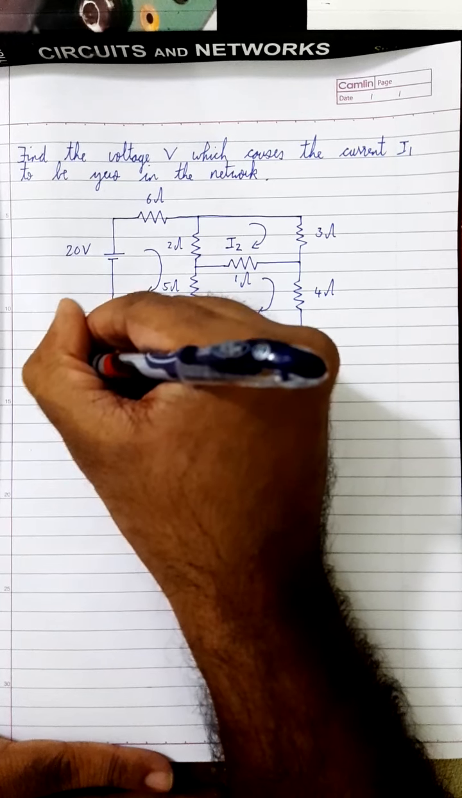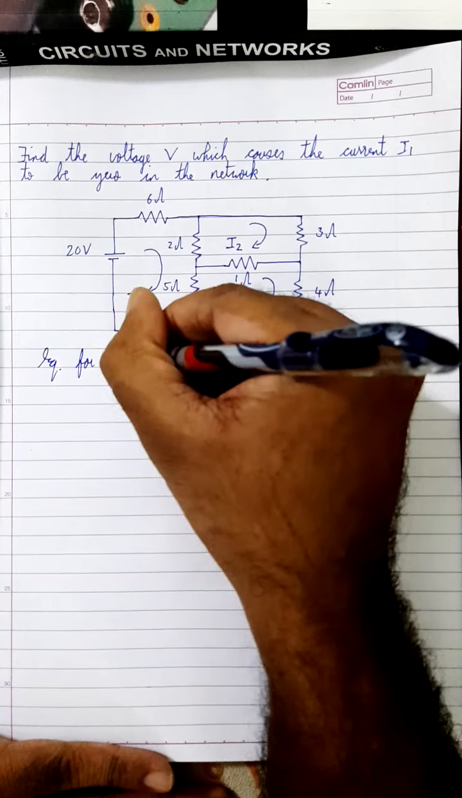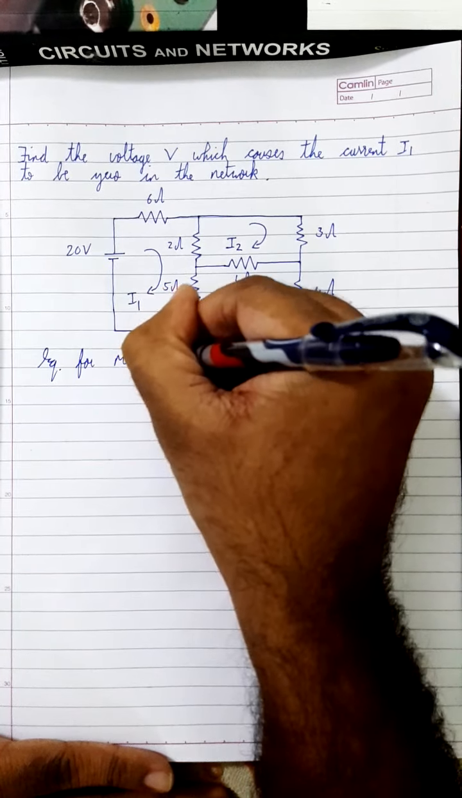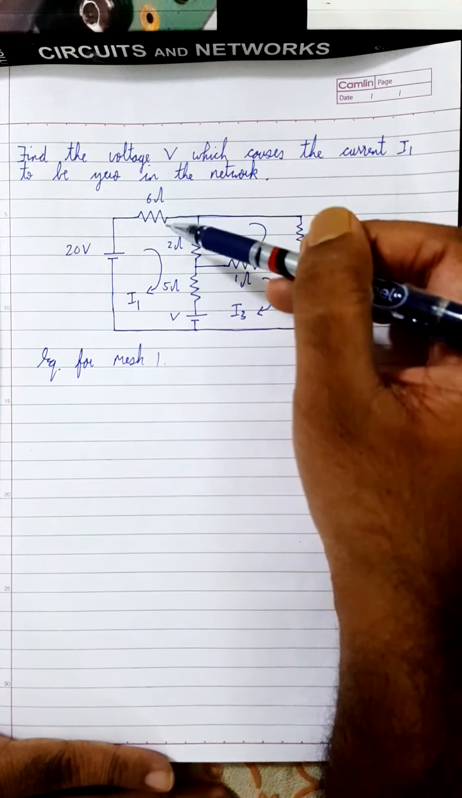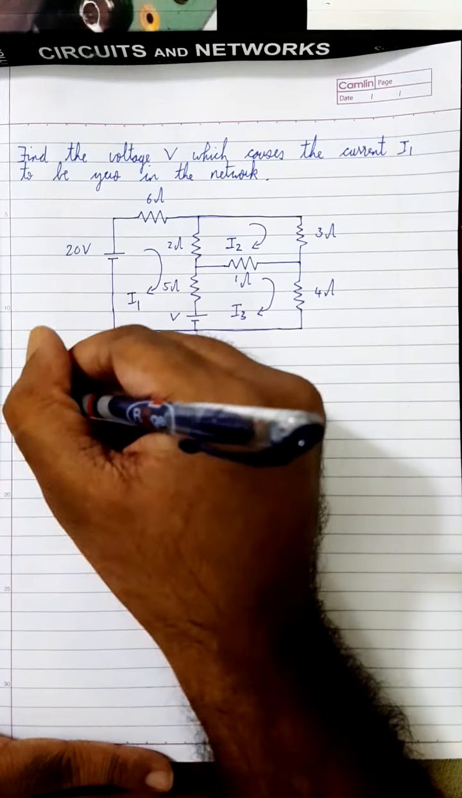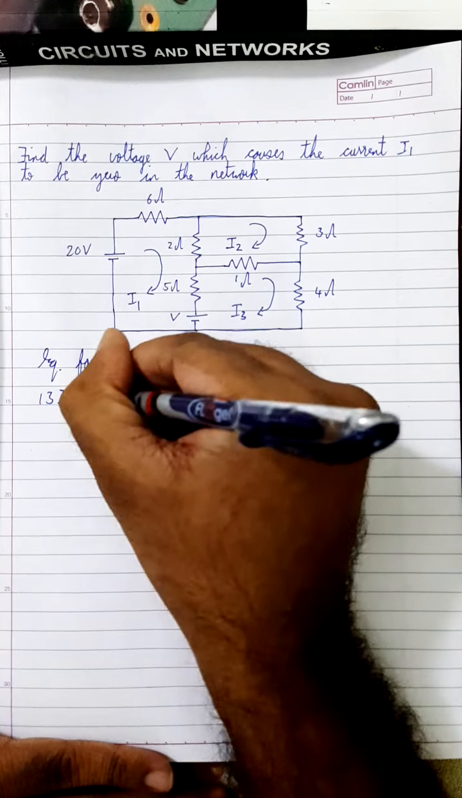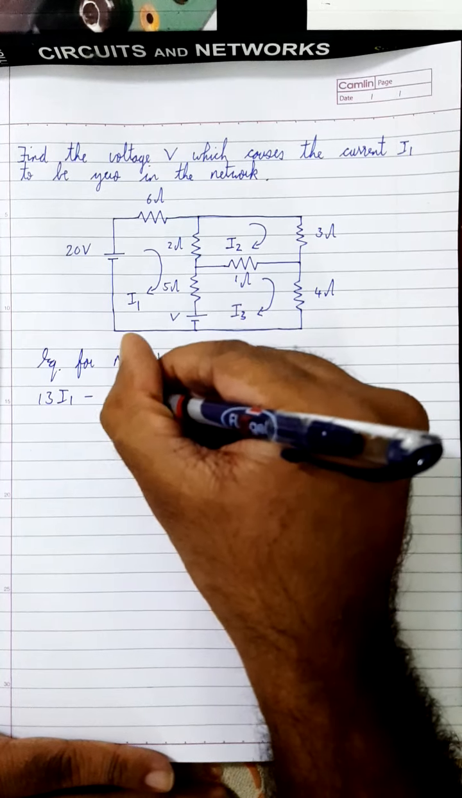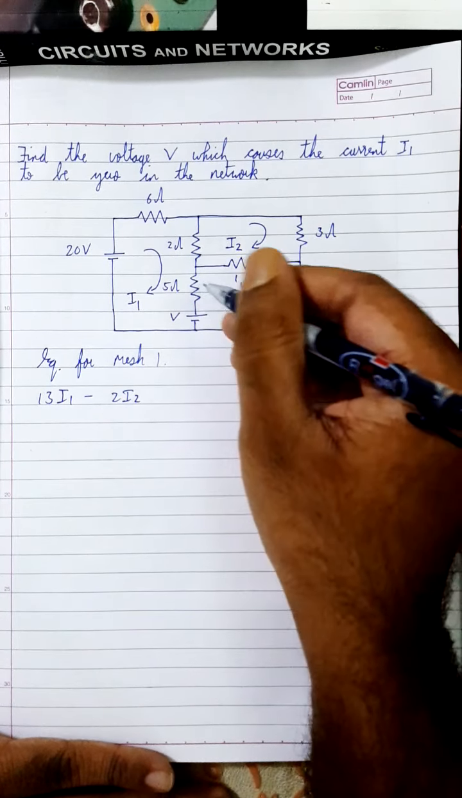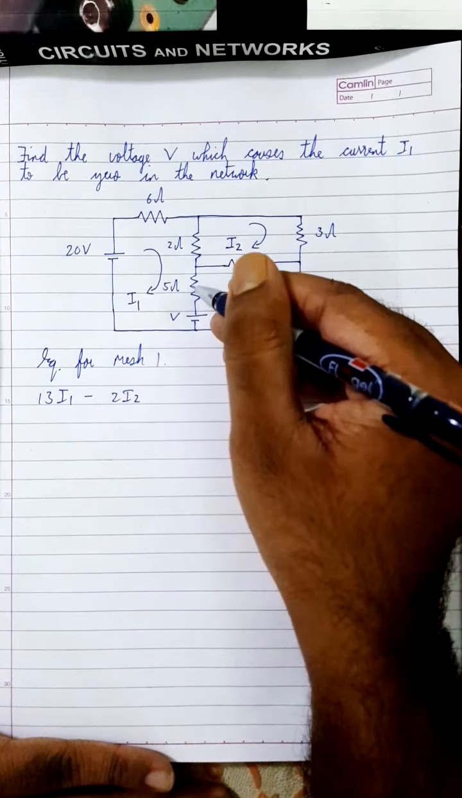Okay, the equation for mesh 1 is: here I1 touches 6, 2 and 5. So 6 plus 2 is 8, 8 plus 5 is 13. So it is 13 I1 minus 2 I2 and minus 5 I3